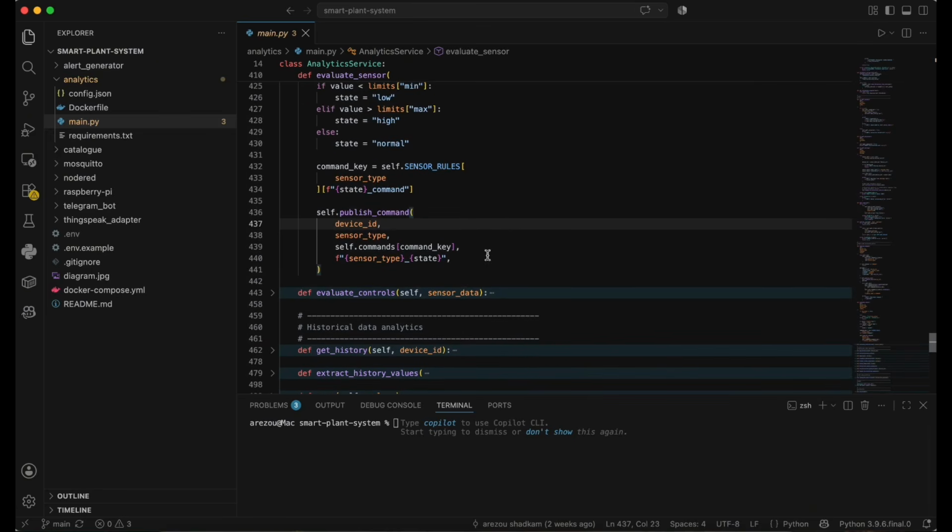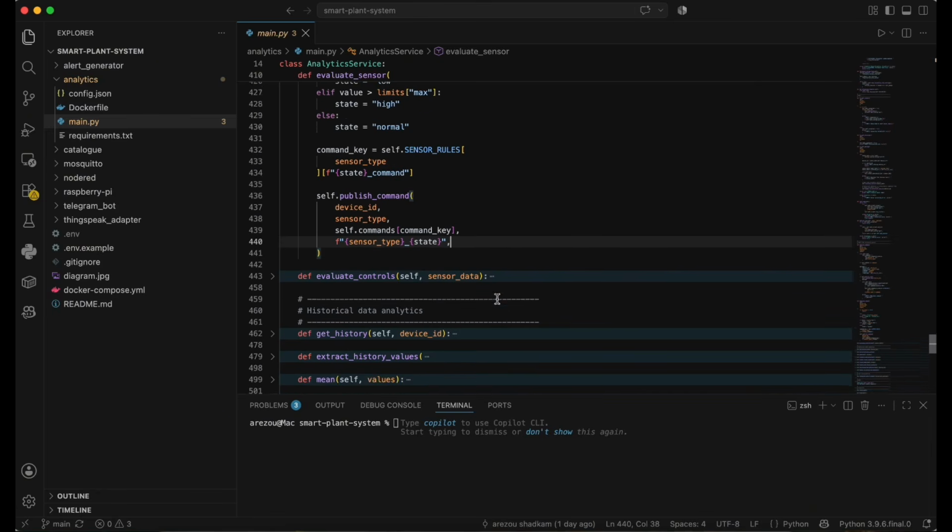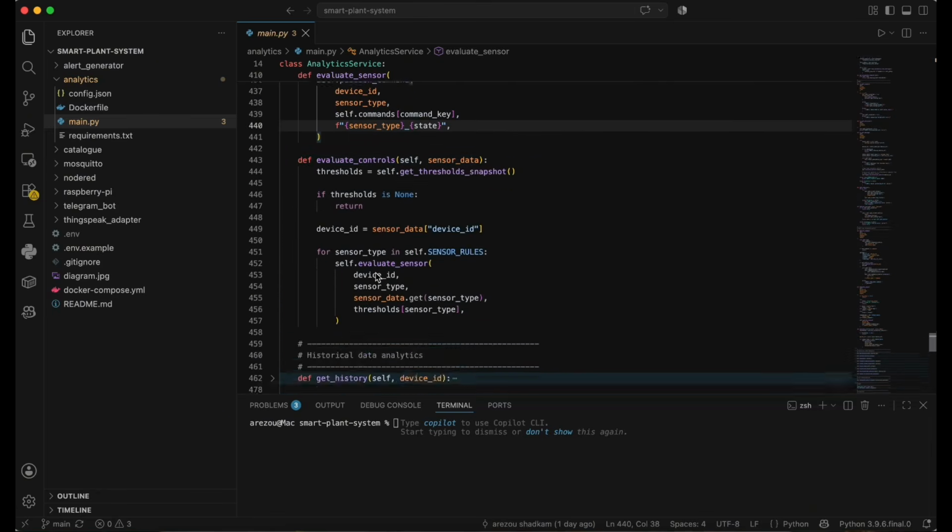And the self.command key here, the real actuator command, is then taken from the config.json and passed to the publish command. Evaluate control: in this method, evaluate the complete incoming sensor payload. The threshold here takes a snapshot of the current catalog threshold, and if the thresholds are not ready yet, no